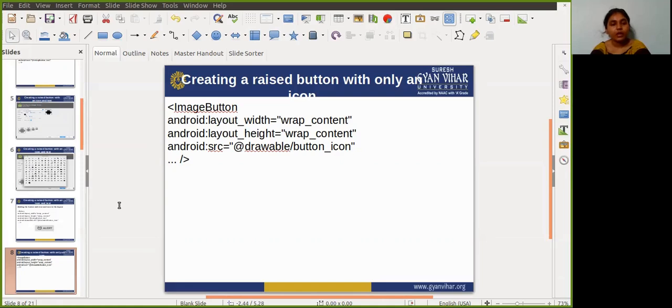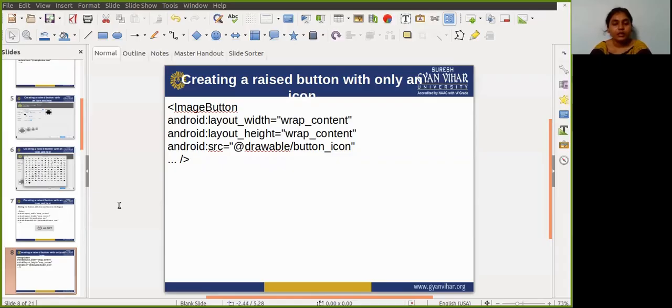The appearance of your button, the background color and the font, may vary from one device to another, because devices by different manufacturers often have different default styles for input controls. You can control exactly how your button and other input controls are styled using a theme that you apply to your entire app.